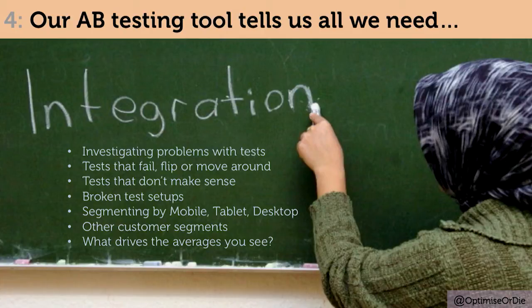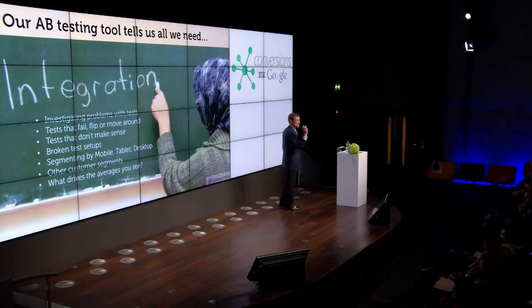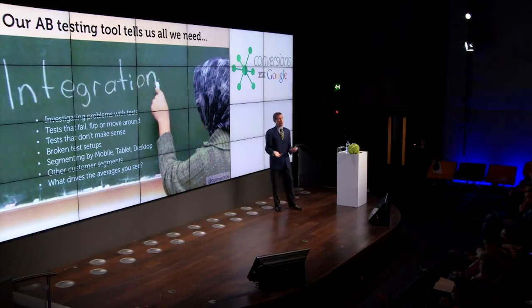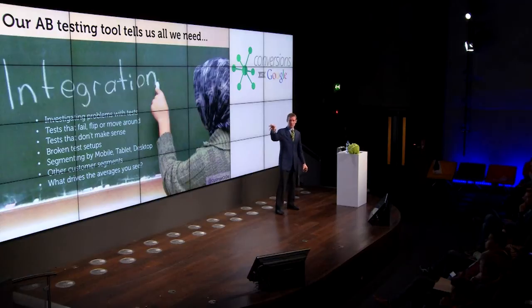So as Daniel mentioned earlier on, you store a custom dimension in Google Analytics. You say, hey, this person saw A and this person saw B. So now you can go to Google Analytics and say, tell me all about the behavior or the kind of interesting data I've got in Google Analytics. Your A/B testing software is a tiny view onto your entire data set. So take the A and the B bit and push that into analytics, and you suddenly get a richer world